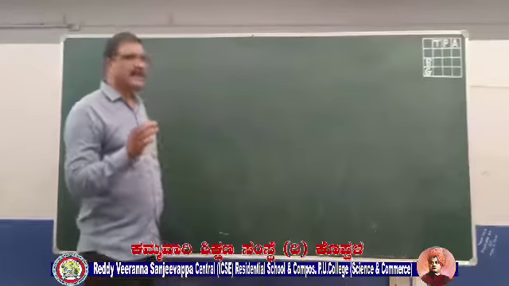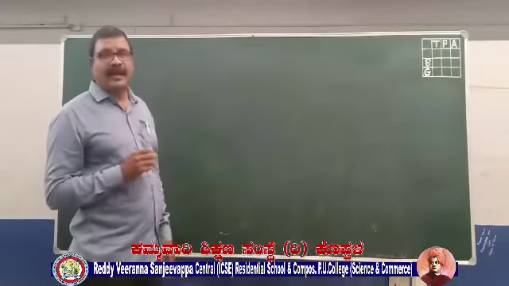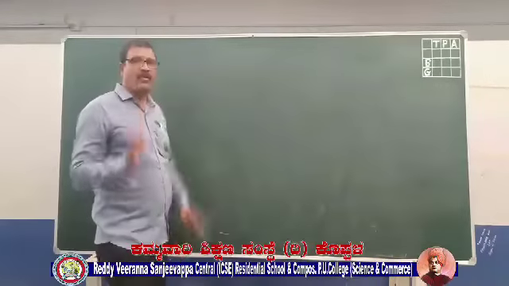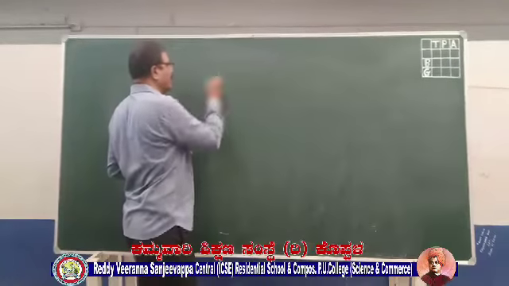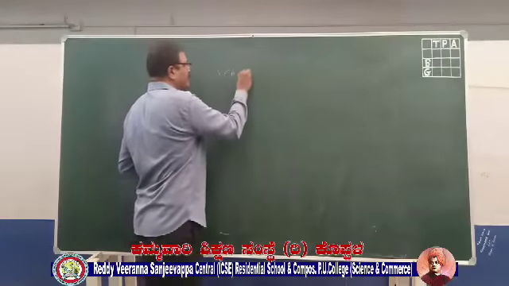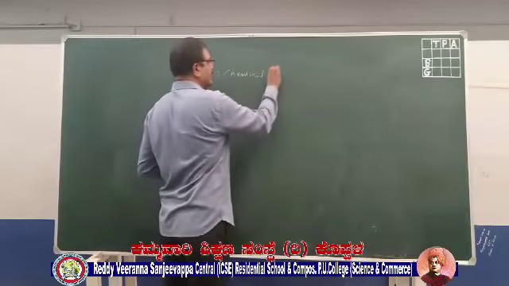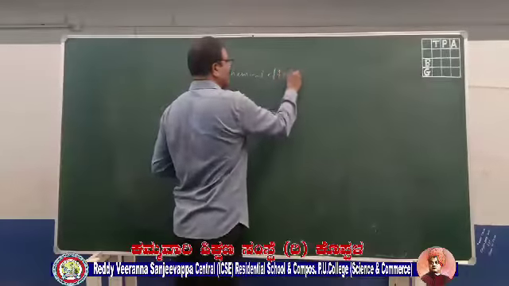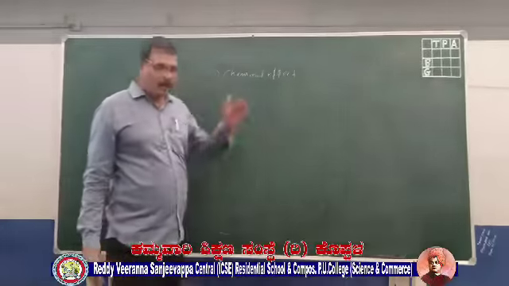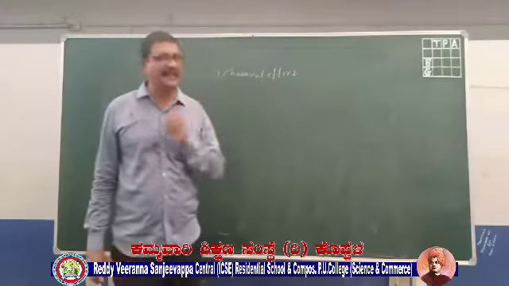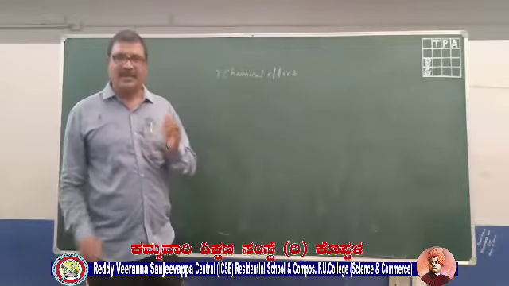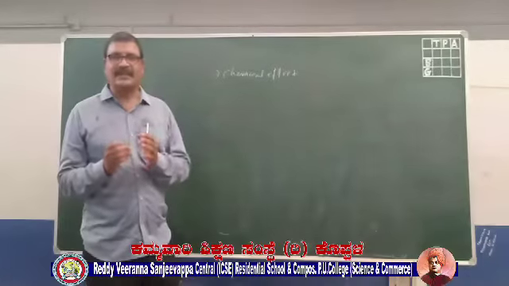So to understand the applications of electric current, we need to understand 4 different effects of electric current. The first and foremost is the chemical effect. So what is this chemical effect? Throughout the study of electricity, we have been using the word cell. What is this cell actually?